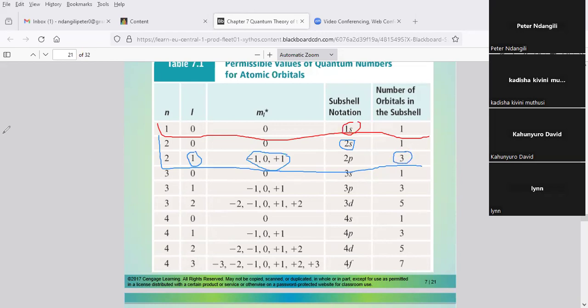Now, when we go to the third energy level, then we have these possibilities here. And these possibilities are actually coming from the value